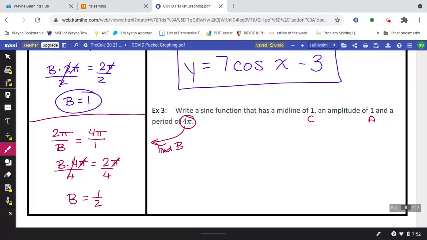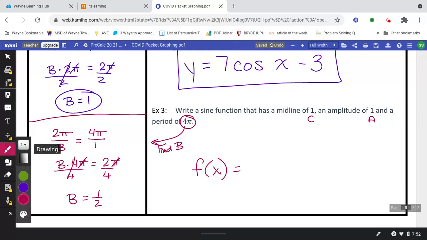All right, let's write the equation. This time I'm going to put f of x, just for the heck of it. Amplitude of 1, that would go up here in the front, but most of the time you won't see a 1 there. The 1's going to be invisible in front, so we'll just leave it off. Then we'll write sine